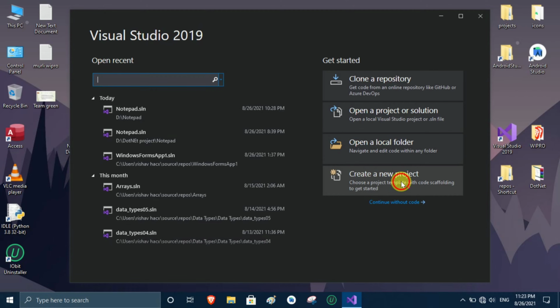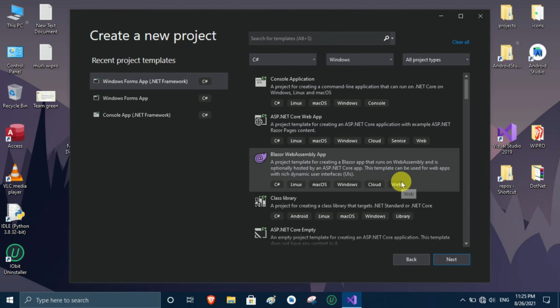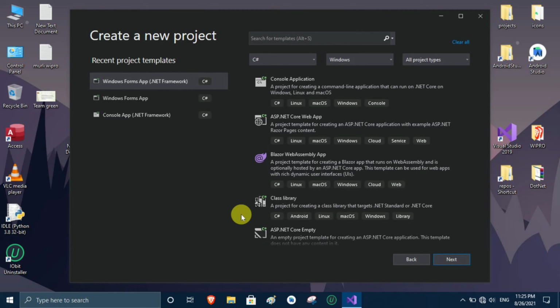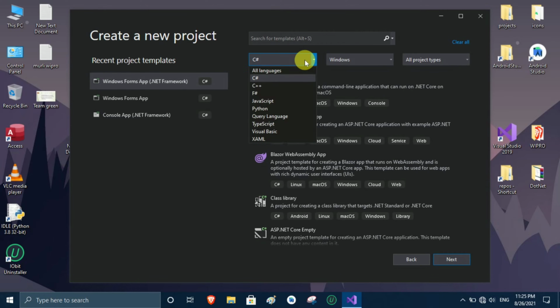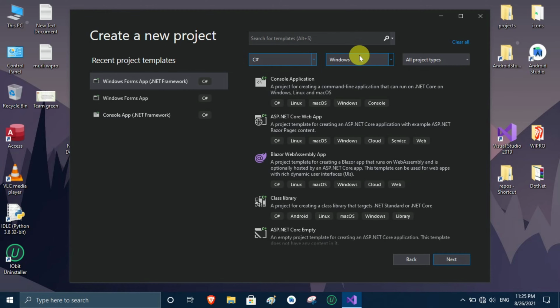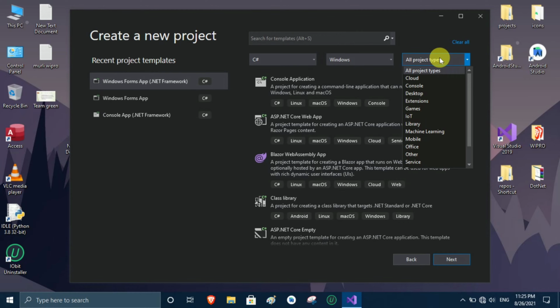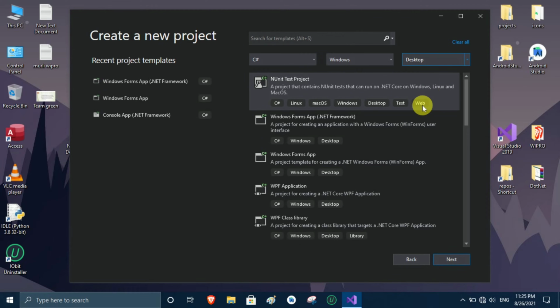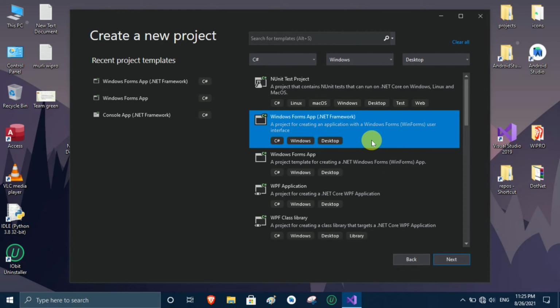Now we have to wait for few seconds and another screen will appear. Here you see we have to select language. So we select C#. And now we have to select platform, so we select Windows. And in project type you see there are various types of project types available, so we select here desktop. Okay, so I click on desktop and now you see various templates appear, so I choose this Windows Forms